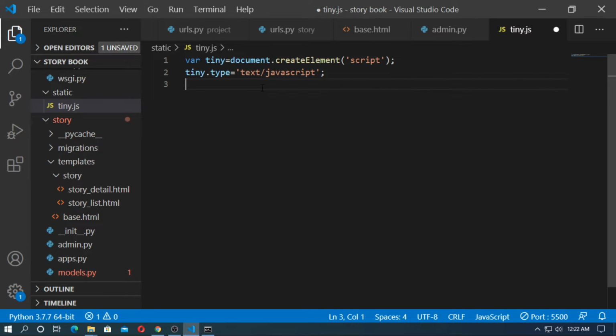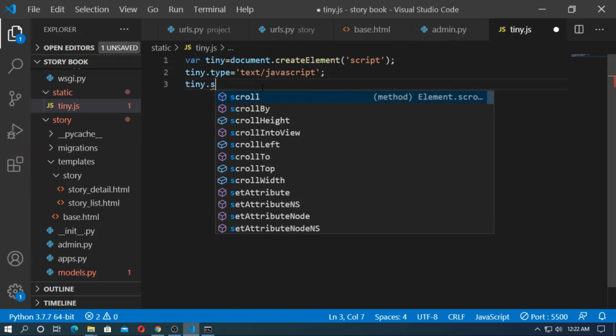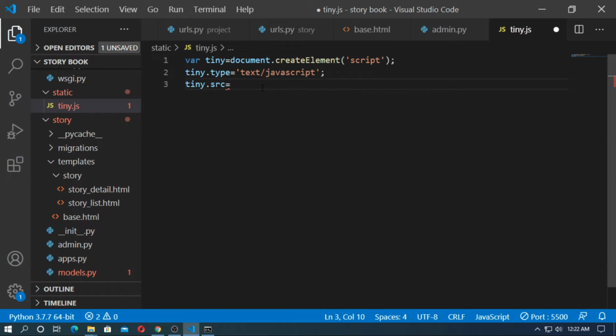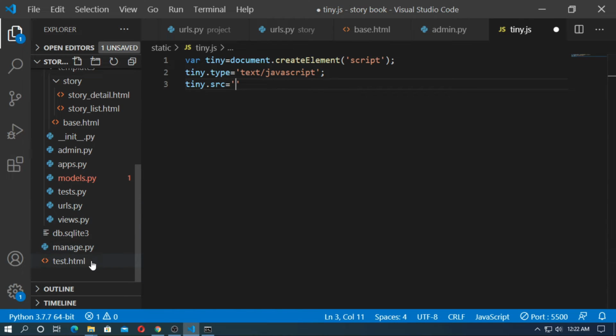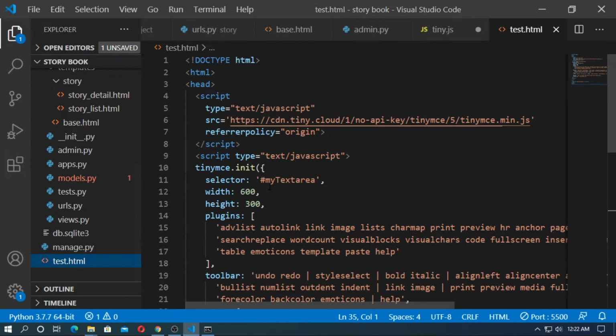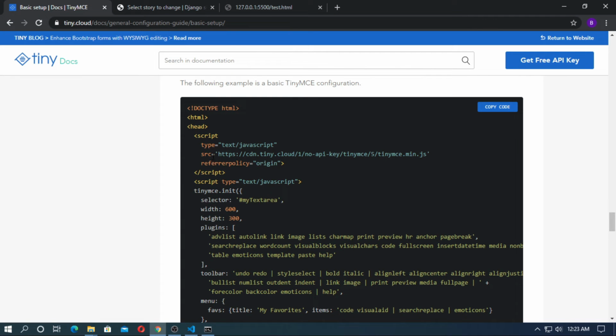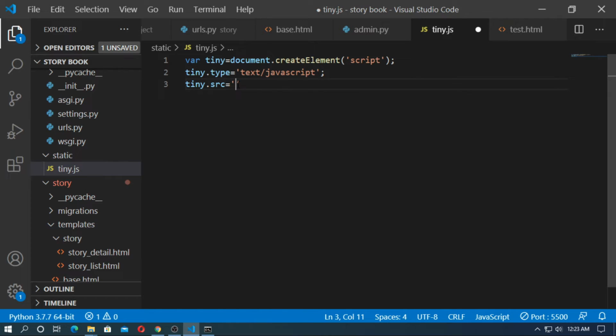Now type the source of the TinyMCE. So tiny.src equal. Now add the CDN of the TinyMCE. So go to the test.html. Actually this is this. Okay, so now copy this and paste here, tiny.src.